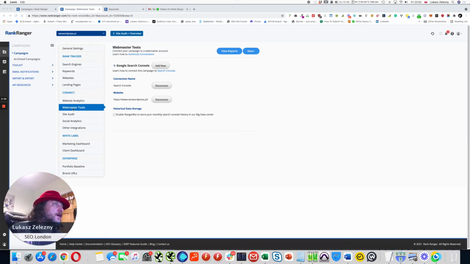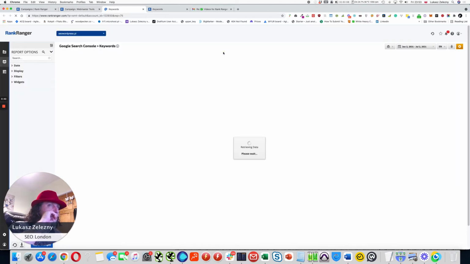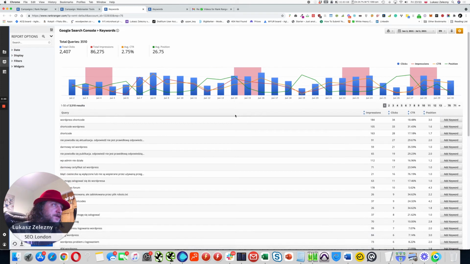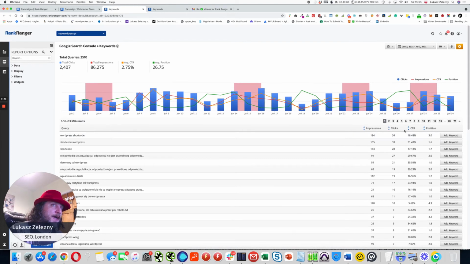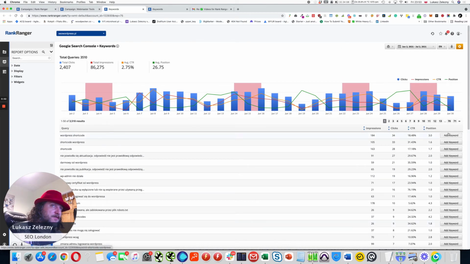So this is where I added SEO WordPress.pl, the same website I was talking about before, and now I have here view reports, and this is a really cool feature because whatever you find in this report, you can easily add to the tracking.